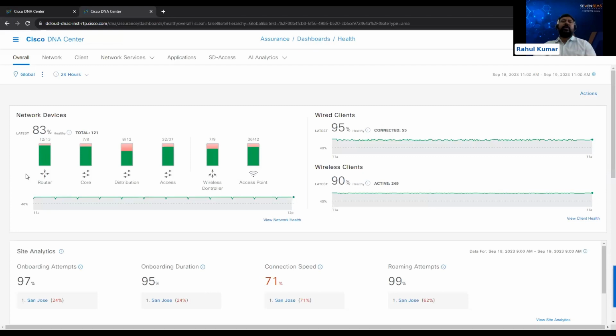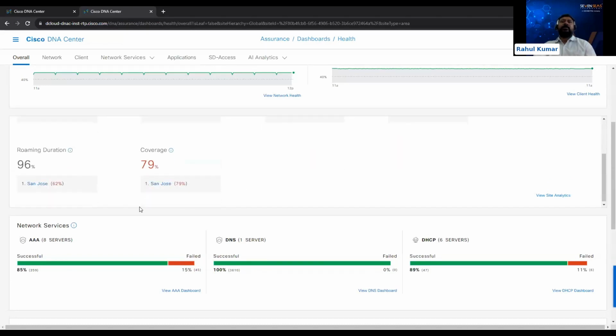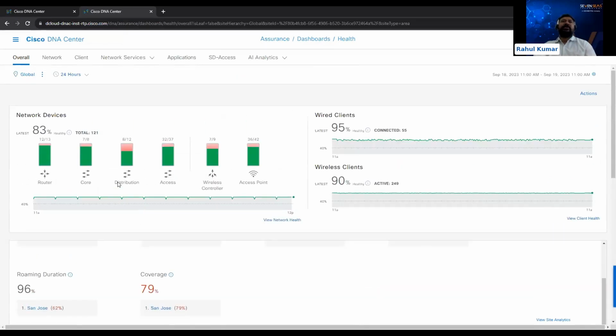So it will give you a high level overview on the first page itself, what is the status of your devices, okay. It will also give you site analytics, okay, how many onboarding attempts have been made, what is the onboarding duration, what is the connection speed, how many roaming attempts have been made, okay. So all these things will be there in the assurance. To go further,